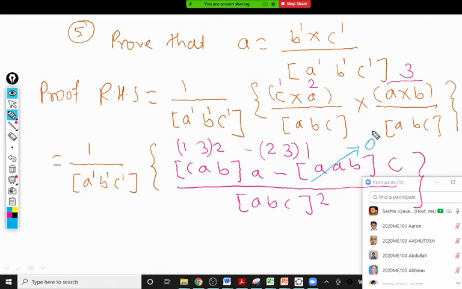Box A, B goes to 0, and we observe that now we are left with one of the box CAB. Sir, can you write the outside 1 upon A dash, B dash, C dash to A B C box? Correct, yes, that also we should write. So we can say this term, this term, this term gets cancelled with this term, because this is box